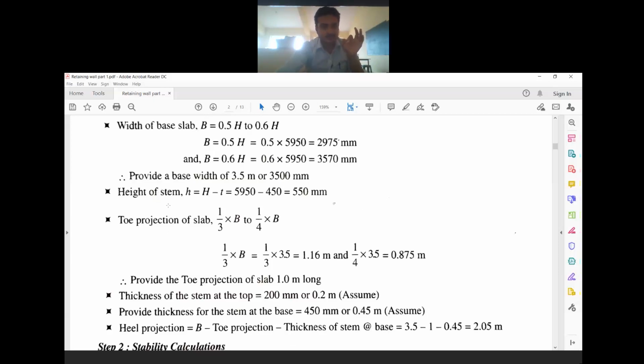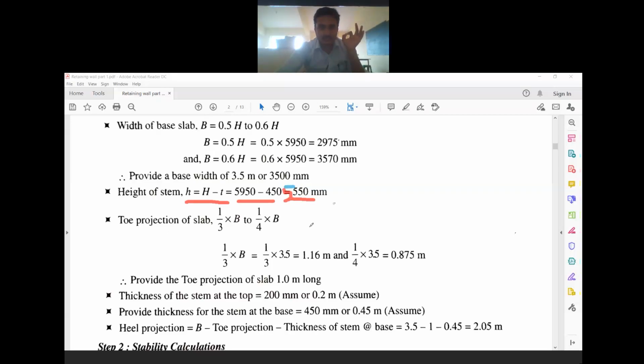So height of stem, so that means overall height of stem ಎಷ್ಟು, base slab ಎಷ್ಟು ಬಂದಿತ್ತು, 450 mm. ಸೊ ಓವರಾಲ್ ಹೈಟ್ ಇಂದ ಥಿಕ್ನೆಸ್ ನ ಕಡಿಮೆ ಮಾಡಿದ್ರೆ height of stem ಕ್ಯಾಲ್ಕುಲೇಟ್ ಮಾಡ್ಬೋದಾ? ಹೌದು. ಸೊ ಹೌ ಟು ಕ್ಯಾಲ್ಕುಲೇಟ್? ಸೊ height of stem small h is equal to capital H overall height minus T, that is thickness of base slab. We will get it as 5550 mm. So there is a printing mistake here. So 5550 mm is the height of the stem.